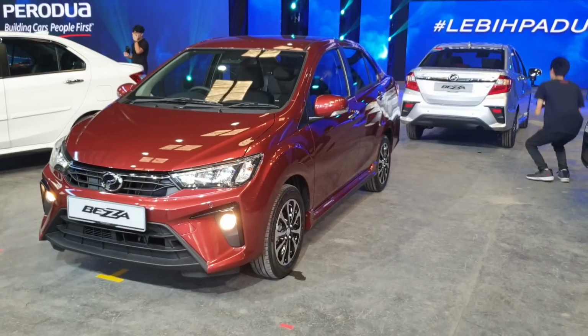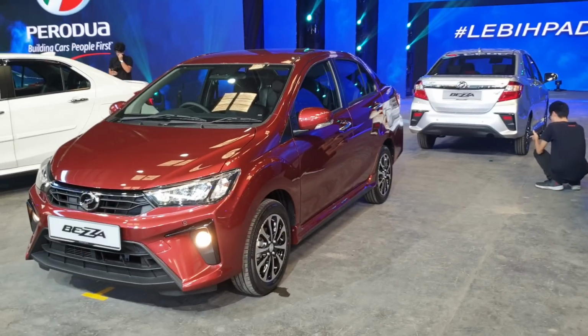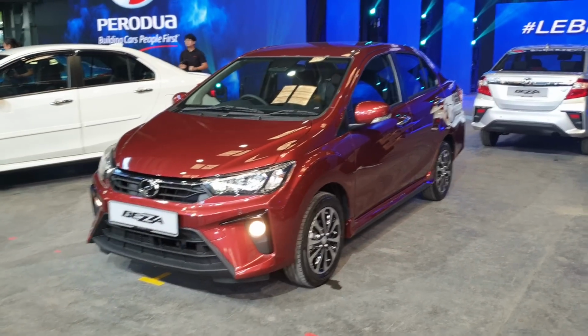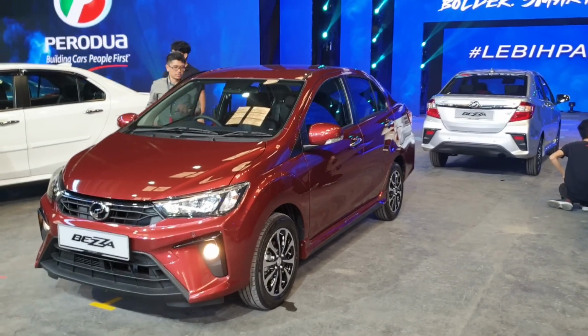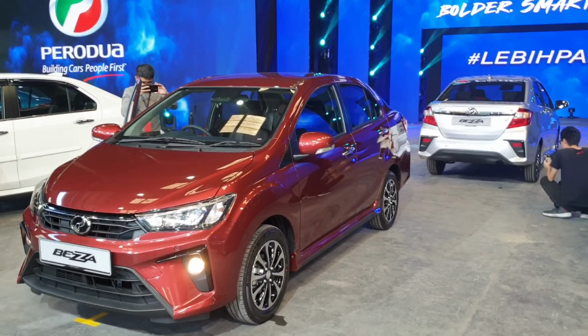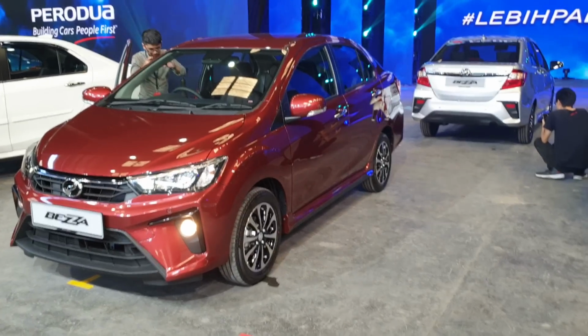Hi guys, so you are looking at the new 2020 Perodua Bezza facelift, and from this angle I'm quite happily able to show you both the front and rear end of the car simultaneously. So the Bezza was launched in 2016 if I remember correctly, 2016, and 3 years since, Perodua has put